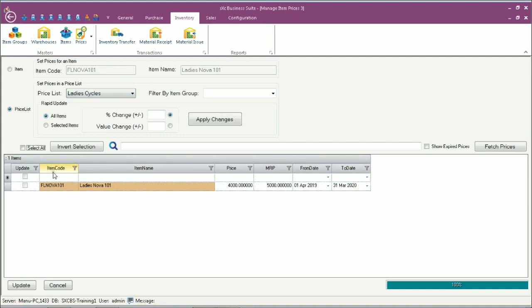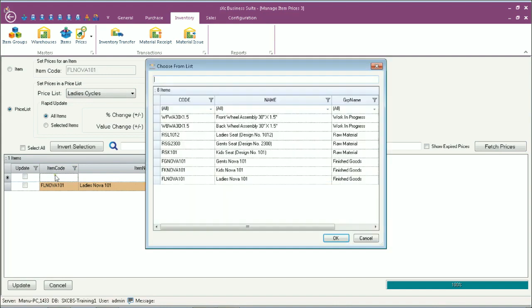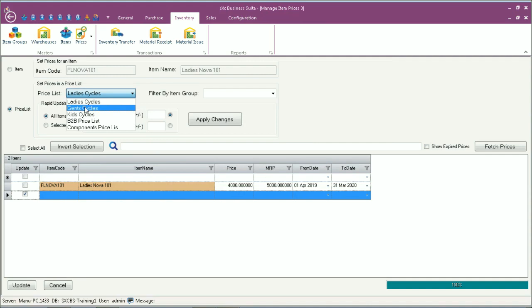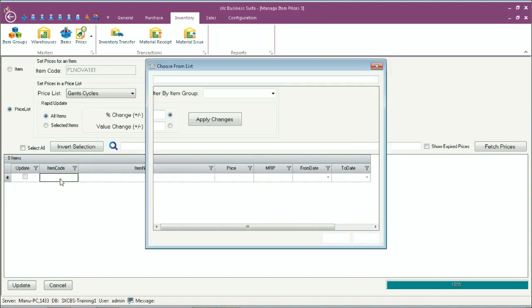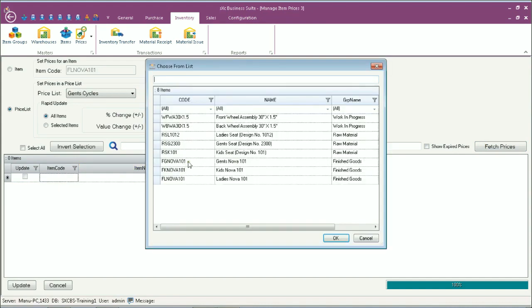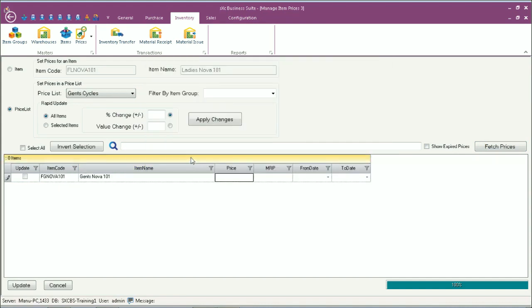So let's say if we want to add more items, we'll choose this another, well, we only have one ladies cycle. So if we want to manage the prices of gents cycle, so again we'll take the gents cycle and put in the price,